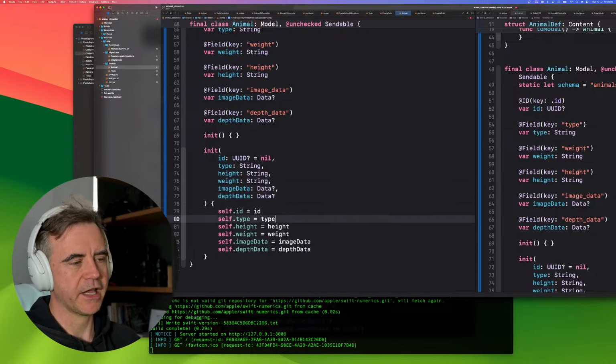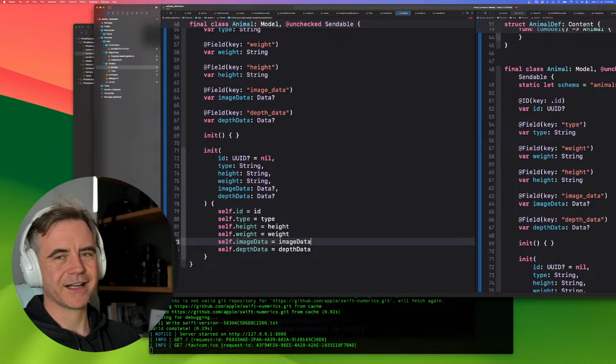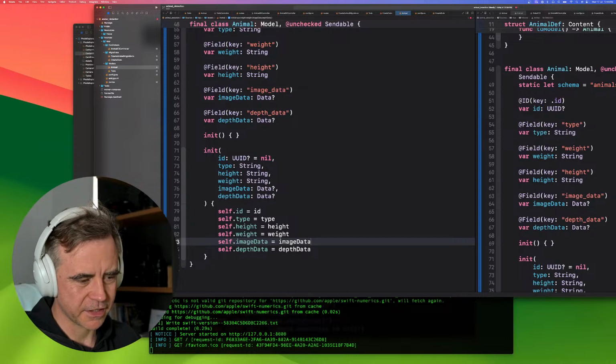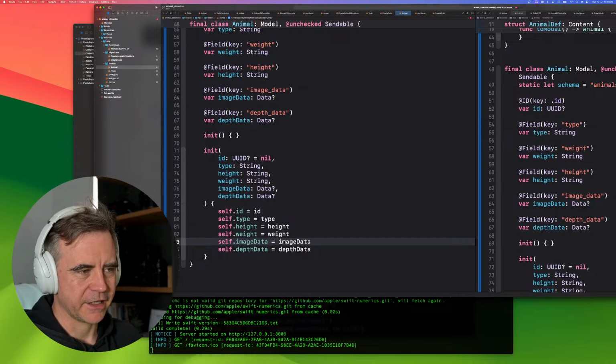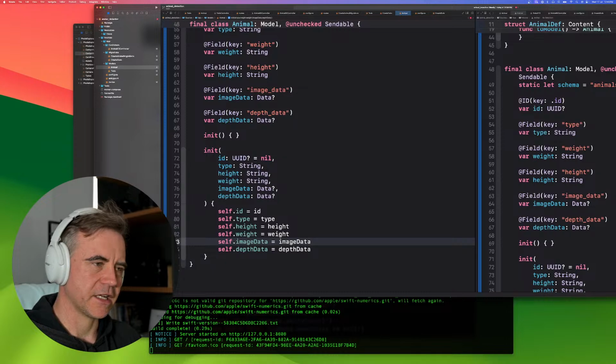I mean, we could set up the HTTP request with this post that has maybe image data set up as base64,